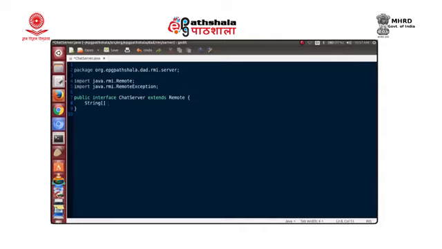We have this method called login, where the parameter will be the chat client object. This will enable the server to interact with the client also. This chat client is going to be our remote object coming from the client side. All methods here will throw RemoteException.